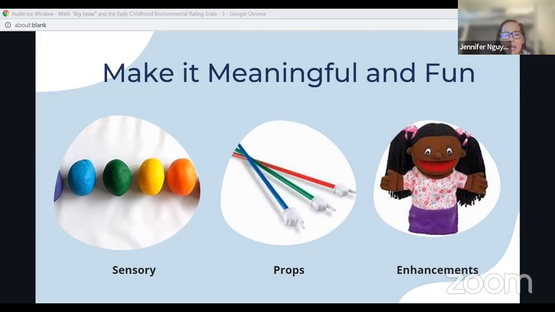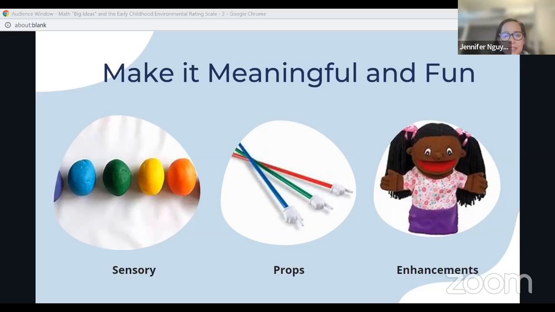All right, anytime we're using materials in the classroom, because our children spend so many hours in our learning environment and so many days, they can become stale and uninspiring, not only to the children, but to us too. So spice it up, make it meaningful and fun. You can add a sensory experience. For example, with the Play-Doh on the left, you can stab birthday candles into it and pretend it's a birthday cake, and then practice one-to-one correspondence. How many candles are on the pretend cake?